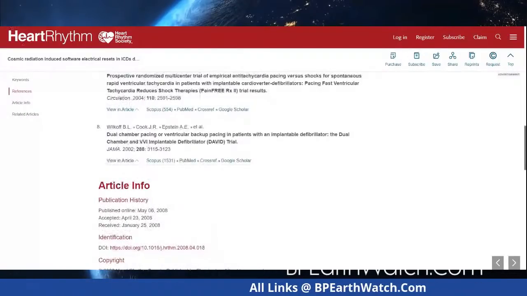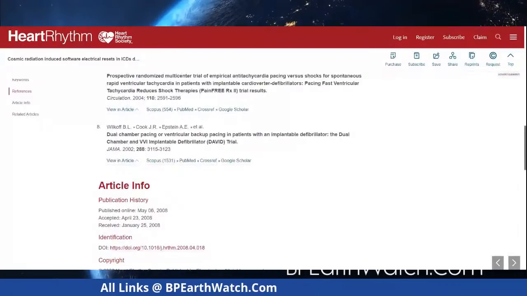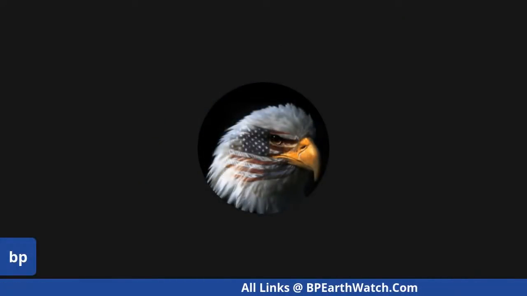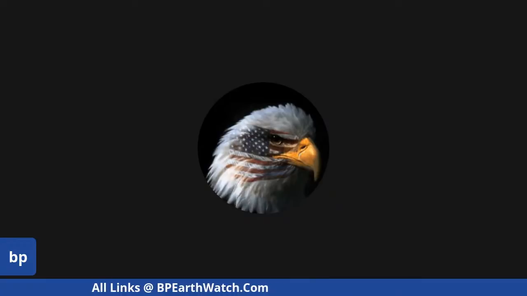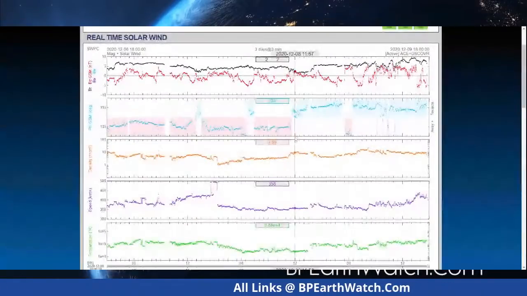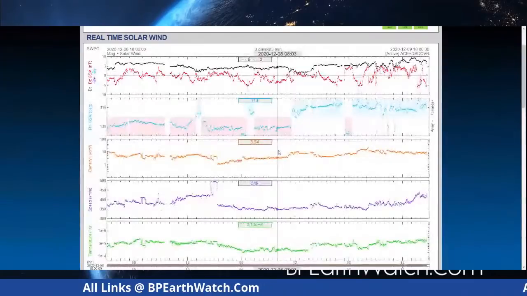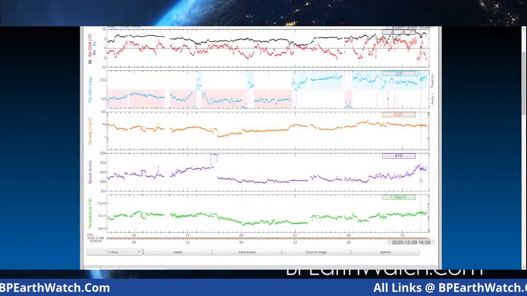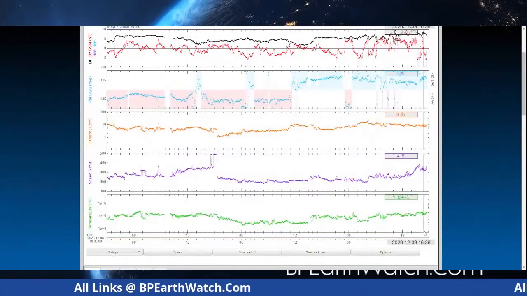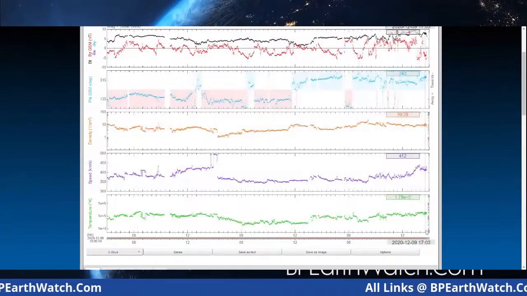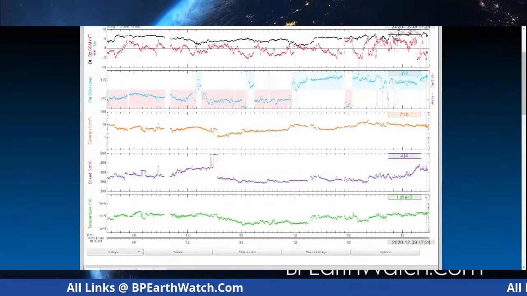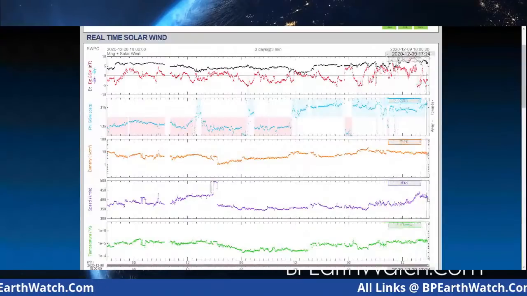Let's go and check back onto our real-time solar wind. Let me refresh this. We're still just past that peak, and it's going. We're at 1600 hours there, 1630. This is UTC time, and this will increase as we get into the storm, and we don't know the exact timing of it. But I think this is that first wave coming in.